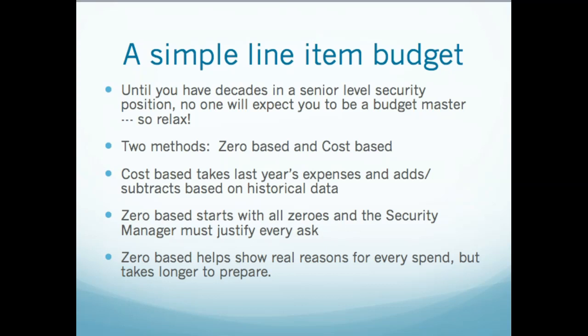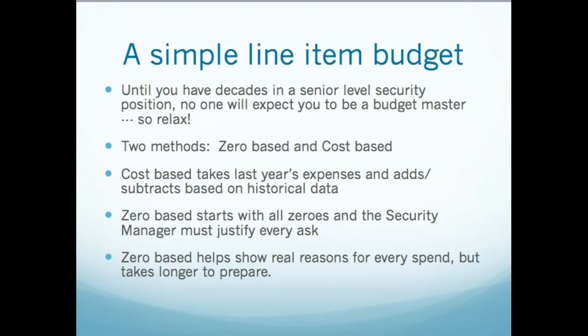Well, if you start at zero and you say, what does it normally take to maintain a vehicle per year? Well, I need gas and oil changes, and I need maybe X amount for normal repairs. The muffler goes bad once in a while, and the battery may need to be changed. Normal vehicle, you look it up somewhere in a benchmark somewhere, and somebody says, it costs about $1,500 a year for maintenance on a normal vehicle. So there's your zero base. Now you can compare your zero to what your cost base was, which is the $6,500 because the thing's getting old. You can say, you know what? Maybe it's better for me to put $1,500 in there and buy a new vehicle.